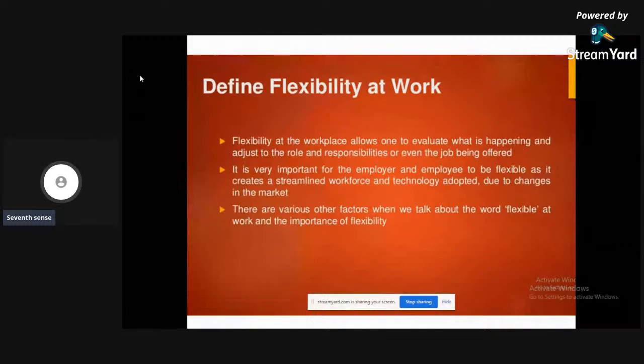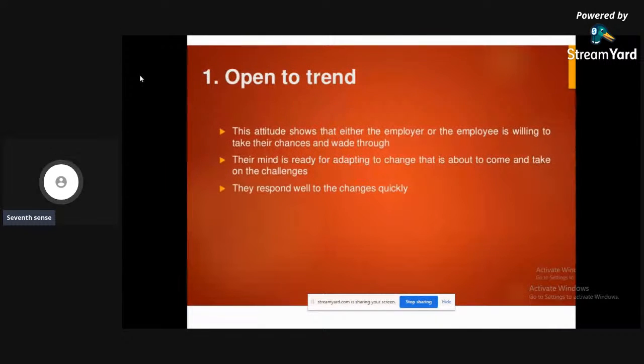An employer should be flexible, otherwise he's going to lose, so be open to trends. In the 2000s, the www.net started booming. This online world, the whole Google thing, started increasing, and nobody saw this boom in the 1990s.